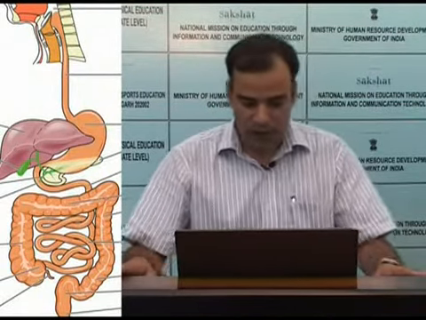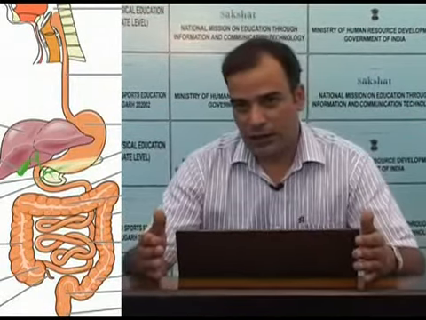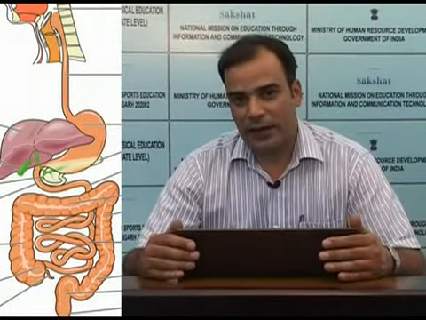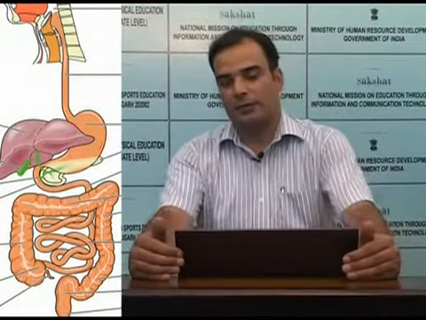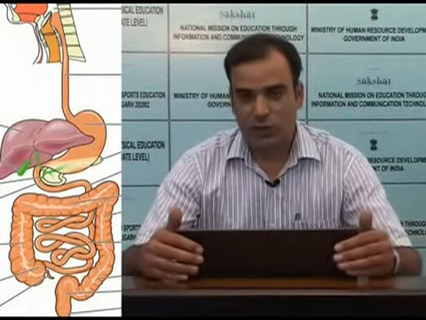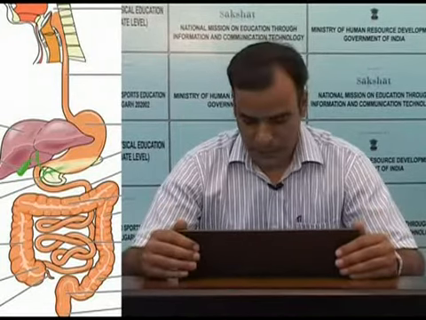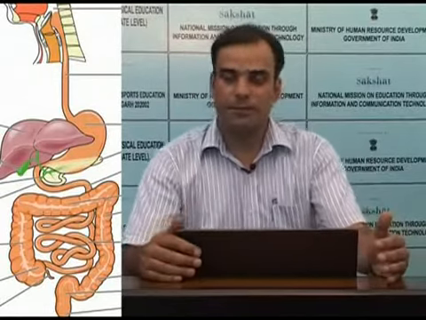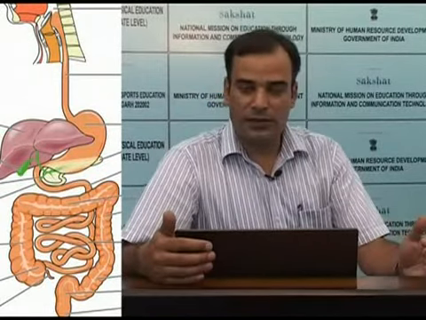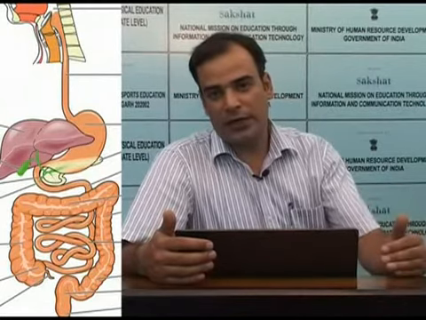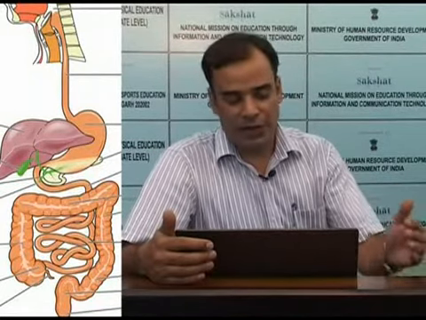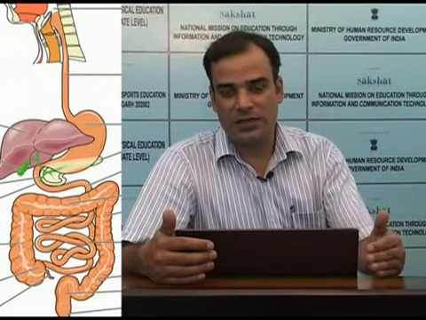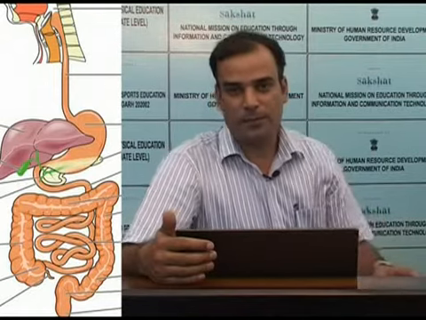Now GIT is special regarding nervous control in the sense that apart from the nervous supply that comes from the outside, it has its own nervous system called the enteric nervous system. As I mentioned earlier, the two nervous plexuses that are located in between the different layers of GIT actually constitute this enteric nervous system, or the personal nervous system of the gastrointestinal tract.